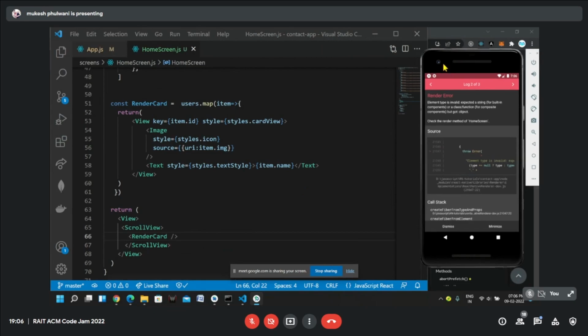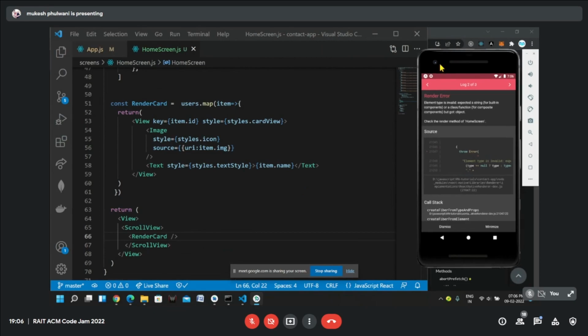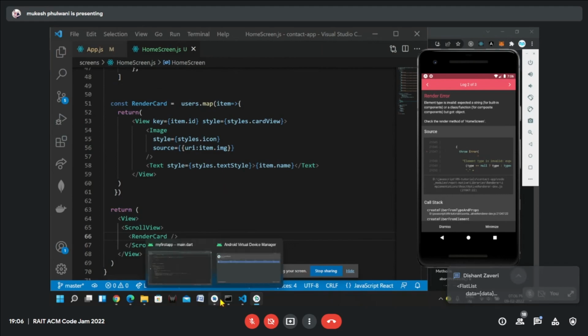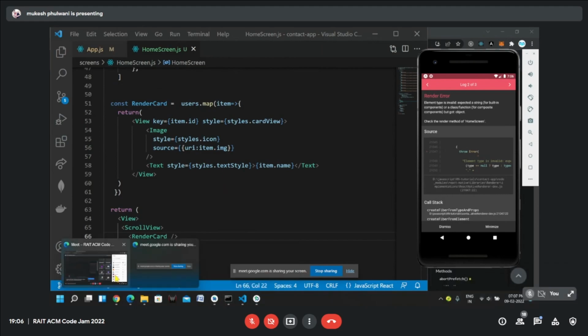Dishan, do you have any idea why we are getting this error? We can try this now, I have sent it in the chat. Like renderItem is equal to, in JavaScript, renderItem, you can take it as a function.